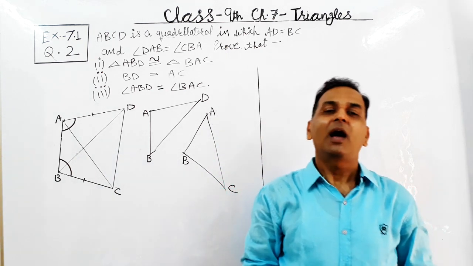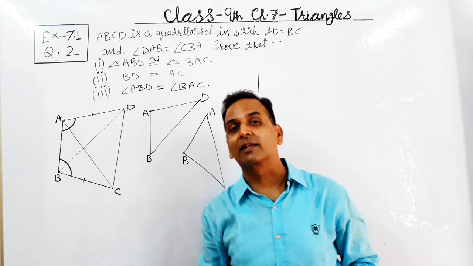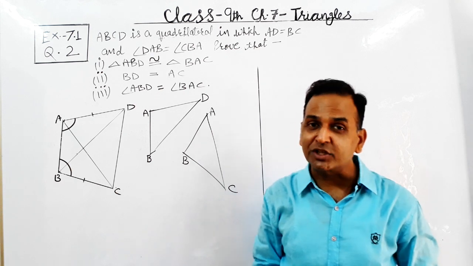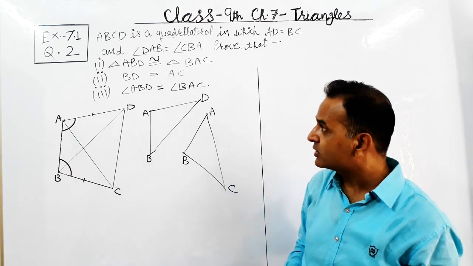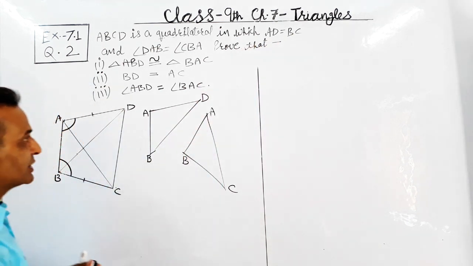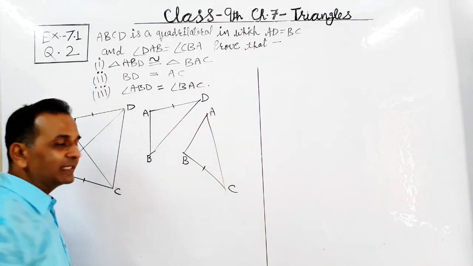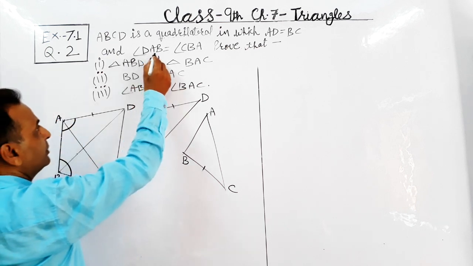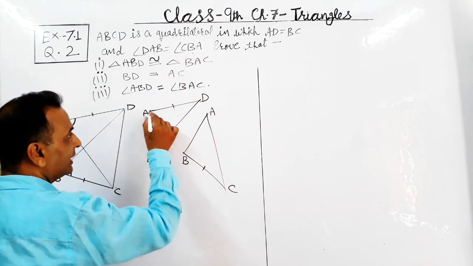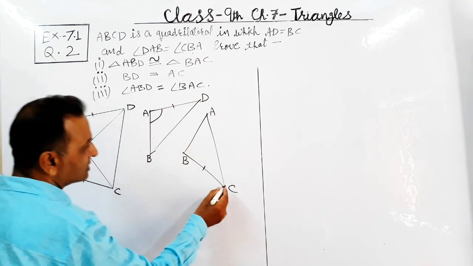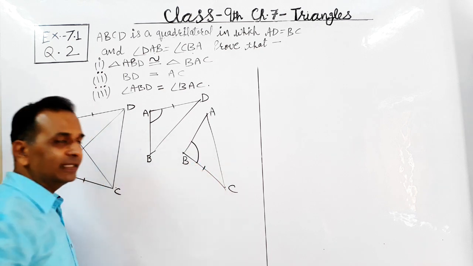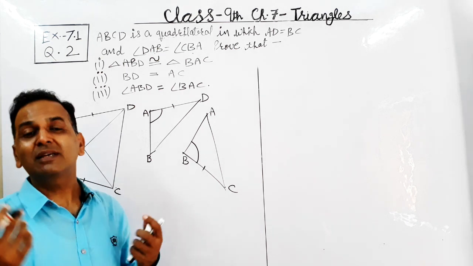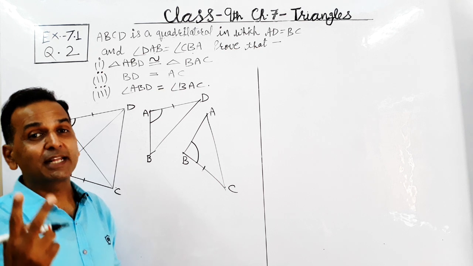First of all, let us check in these two triangles which corresponding parts, whether sides or angles, are given equal to each other in the statement of the question. The first part is this one, AD equal to BC. This is AD and this is BC, which are equal to each other, already given in the statement. Next one, angle DAB equals angle CBA. This complete angle DAB and this complete angle CBA are also equal to each other. So we can say that out of the three corresponding parts, two parts are already equal to each other.